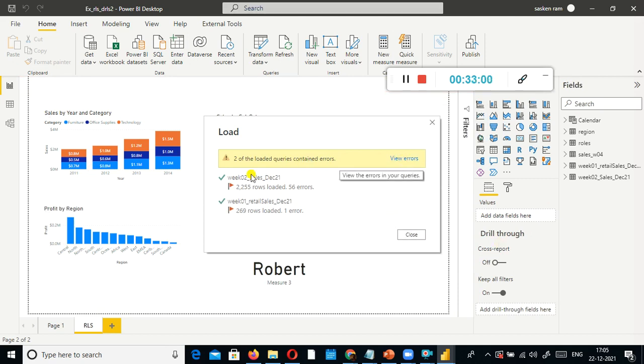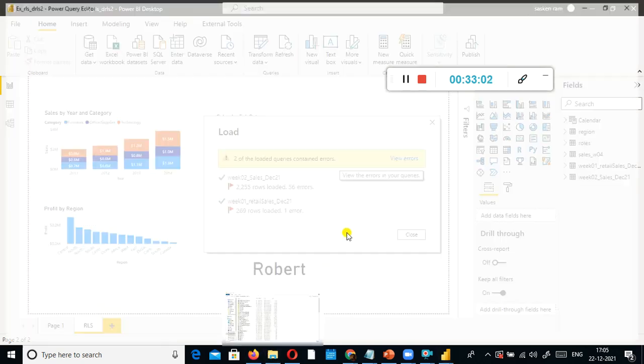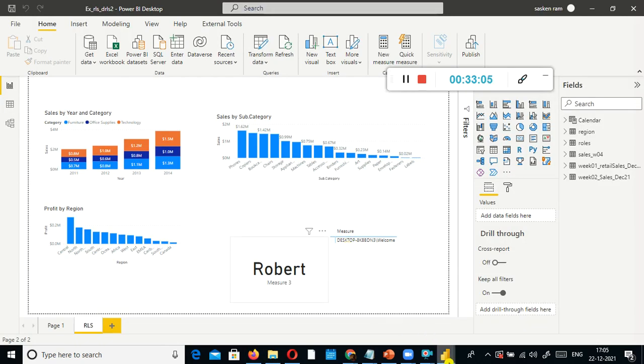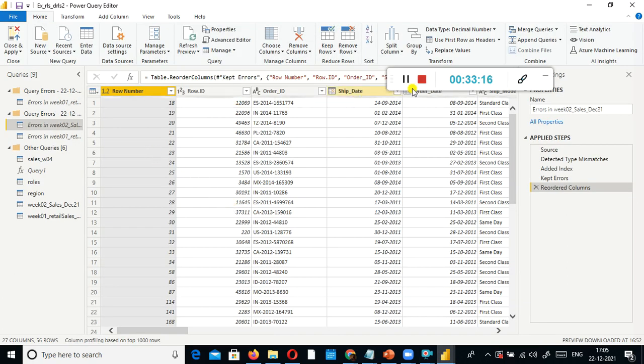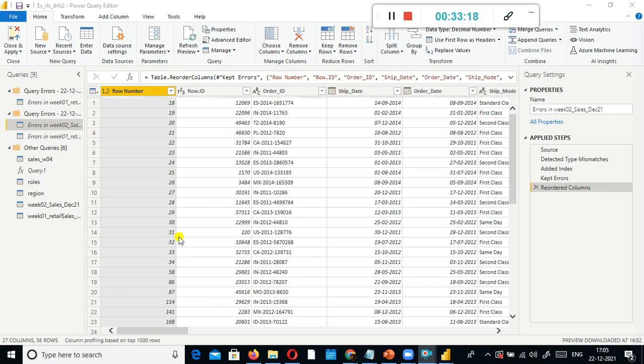It's simply, I think there is a bug with this version. It is not showing the error also. Okay, here it shows some error here.